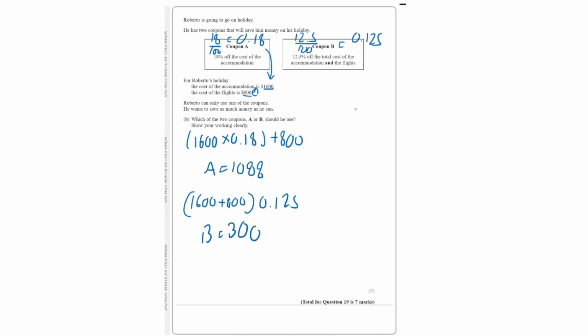Now, we have to choose which coupon saves the most money. And looking here, I can see that A is in the thousands, while B is only in the hundreds. So therefore, that means A is our answer. And we can write here, Roberto uses coupon